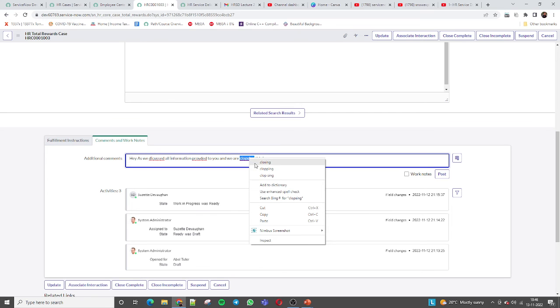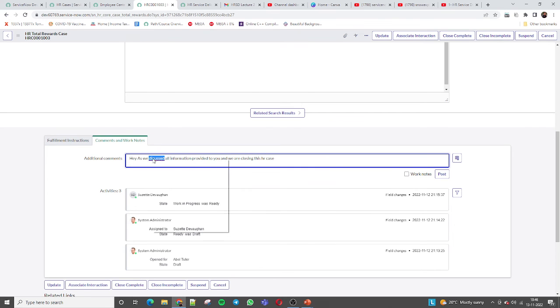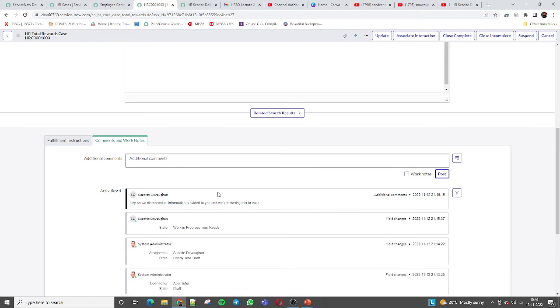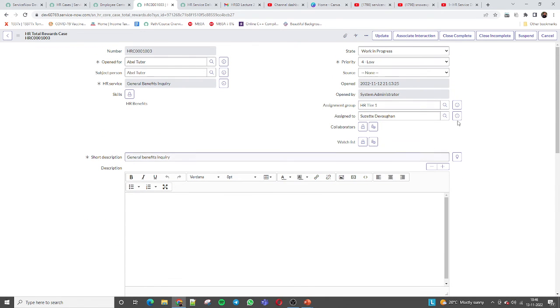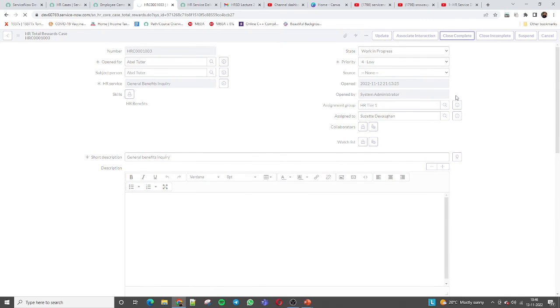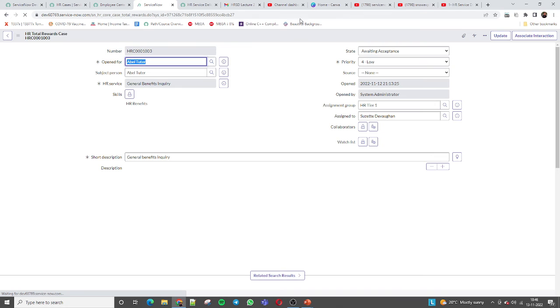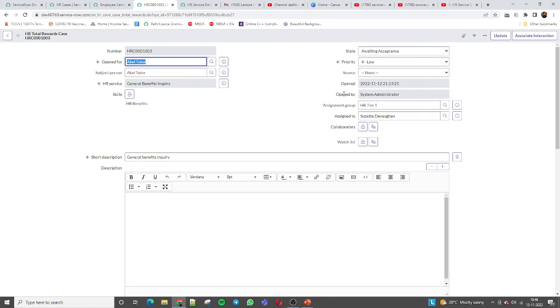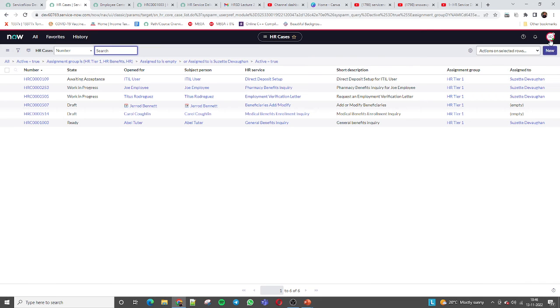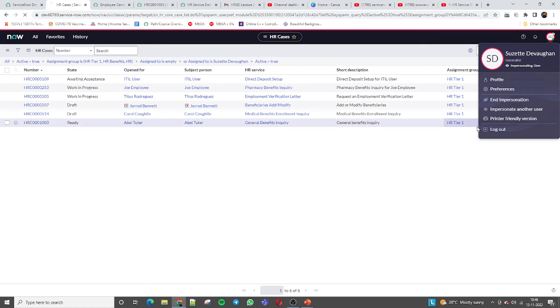Okay, so let's say after this post, this comment will be visible to the able tutor, who raised the ticket, the customer. Both can see this ticket. Now she will close the ticket. Once she closes the ticket, a notification will be triggered to that user. Let me now end the impersonation